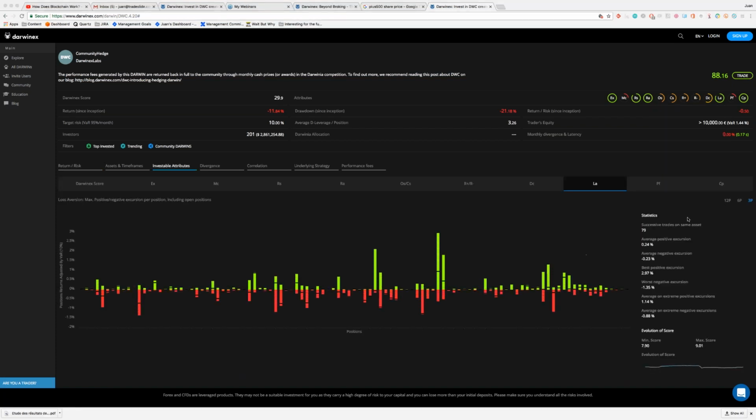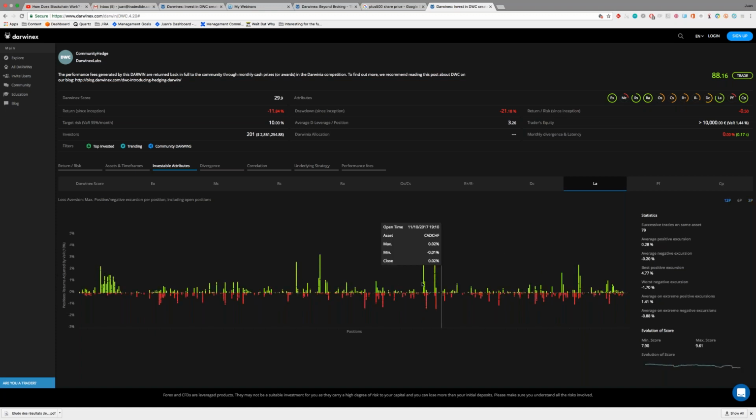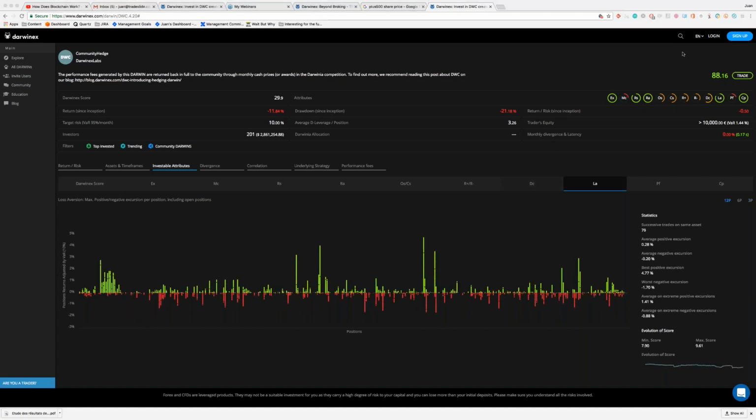Okay, so what I've got here is the loss aversion of DWC, which is showing you the maximum favorable and adverse excursions. Okay, so let's say, as an example here, this is one of the trades that DWC took in the euro dollar. It had a maximum profit in the trade of 4.77% of the equity. The most it got to lose was 0.05% of the equity, and it was closed, which is this black bar here, at 3.44. Now, what can you guys say about this strategy? And this is the reason why it's got a good loss aversion grade.